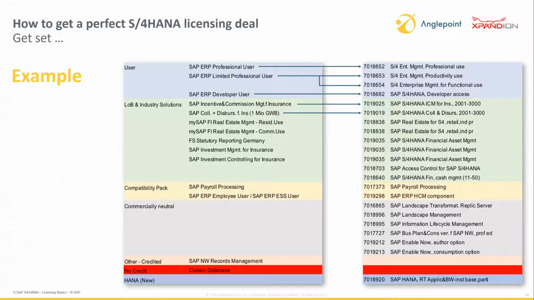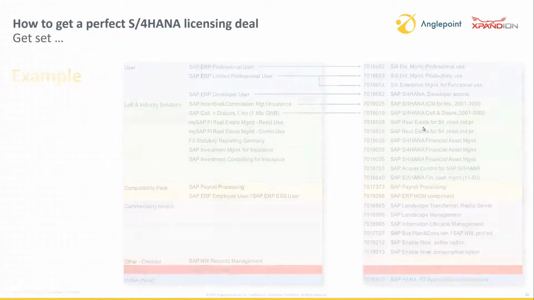And there are definitely some, or for the majority of those legacy products, there is a conversion path or a transition path to S4. So you can see the professional user would switch to so-called enterprise management professional use. As I said, it's not the user anymore, it's now use. And the same applies then,